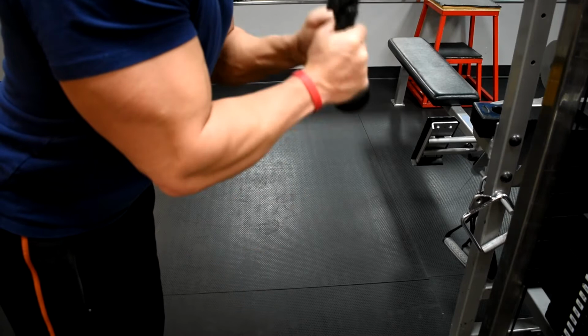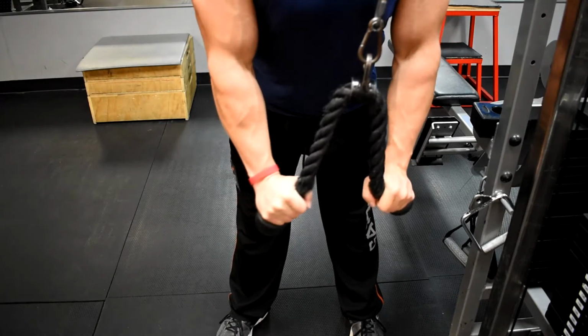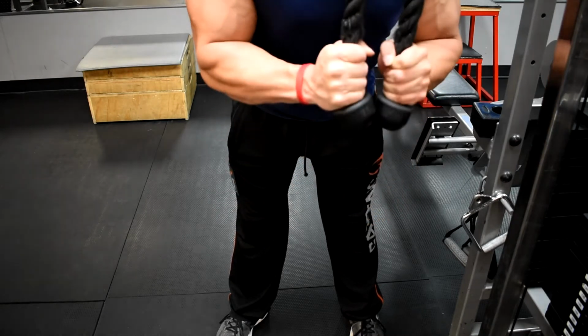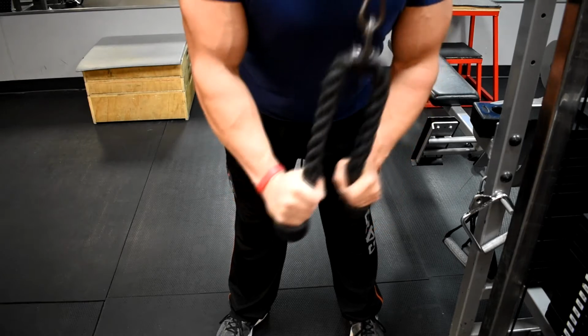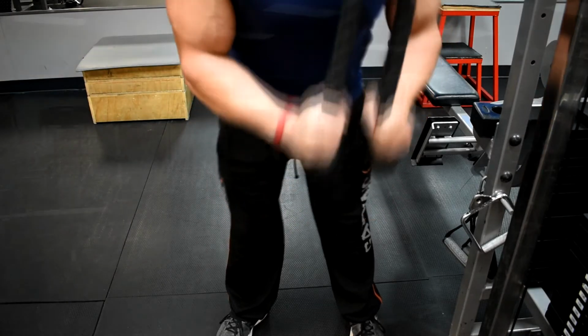One thing I wanted to show you when using the rope attachment for tricep extensions is to not twist the wrist. So what I mean is just pull the rope straight down, right towards the waist, and extend the arms. What you don't want to do is this, twist the rope at the bottom of the movement. It's not necessary, and it doesn't train the triceps any differently. Twisting the rope overworks the forearms in this instance, and since this is a tricep specific exercise, we'll save forearms